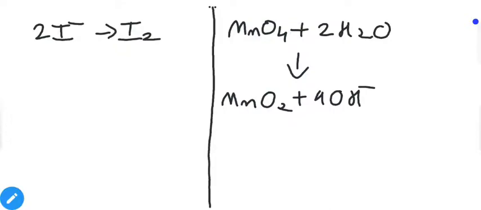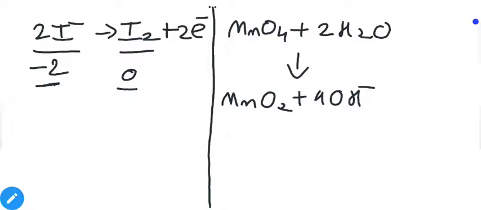Now we have to balance the charge on both sides. Now in oxidation half reaction we have -2 charge on the reactant side and 0 charge on product side. With the addition of electron we can equalize the charges. So simple thing, it is oxidation, that's why we have to add electrons on product side, and on second thought we have -2 charge on reactant side. With the addition of electron we can decrease the charge on product side to equalize. That's why we will add 2 electrons on product side.